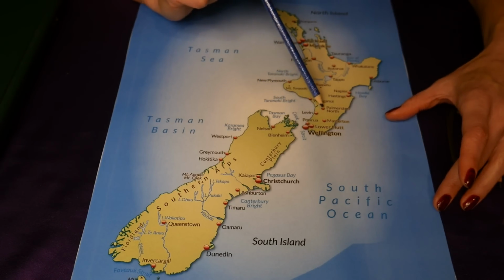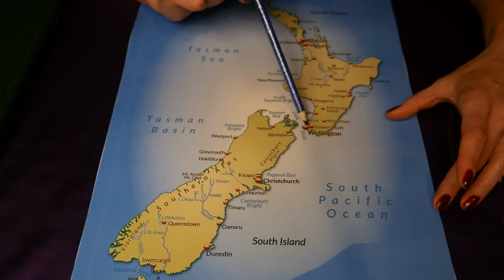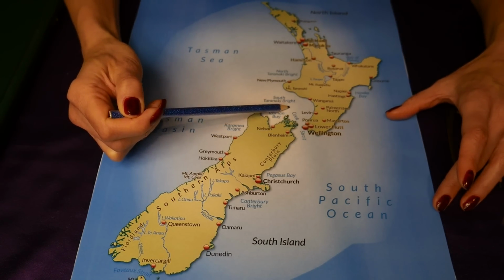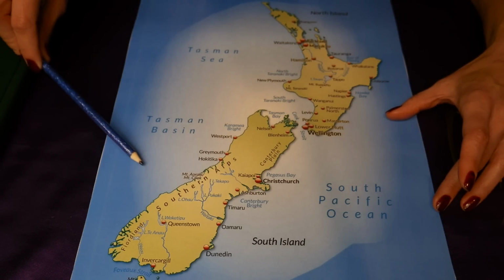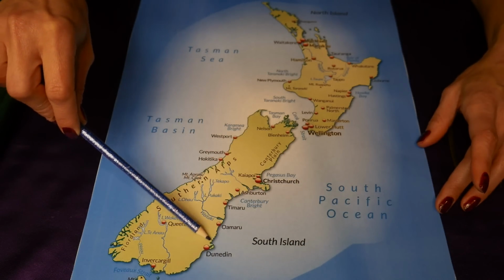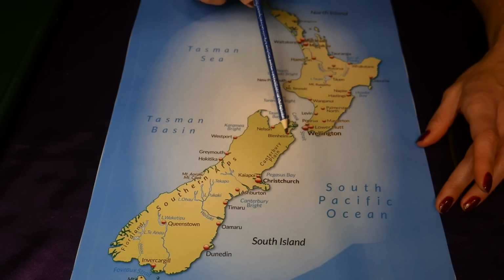So when we decided to move, we drove from Palmerston North to Wellington, and we took a ferry. So we had our four-wheel drive car with a big trailer, and we boarded the ferry and we went across the Cook Strait. This is, you see, a Cook Strait that goes between two islands, and the Tasman Sea is connected with the South Pacific Ocean through this Cook Strait. So we had to cross it, and we didn't cross it just like that, but we